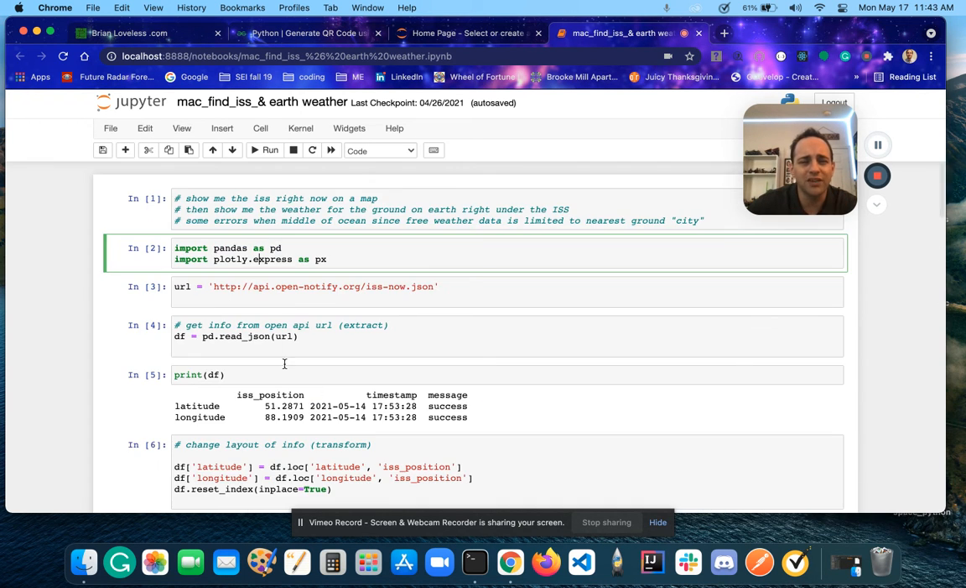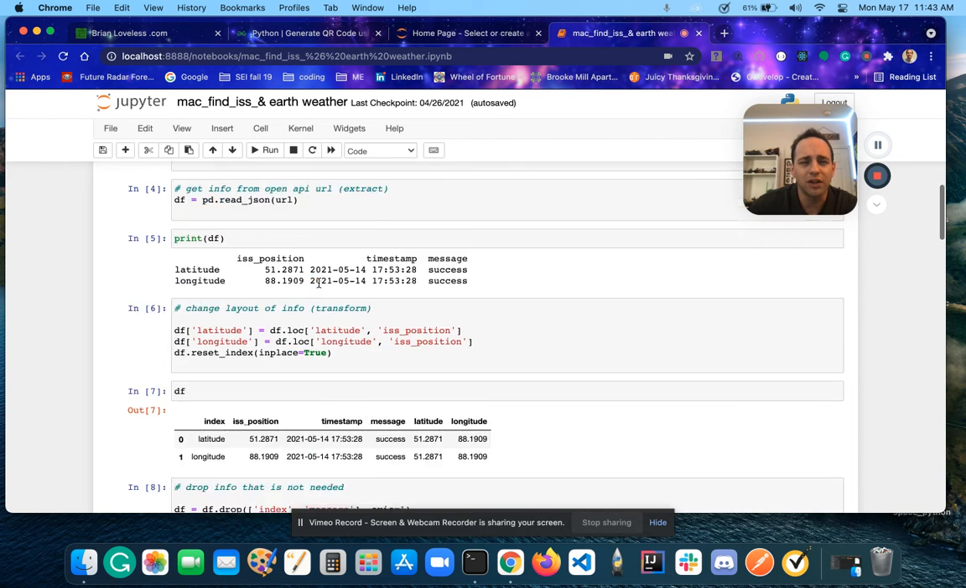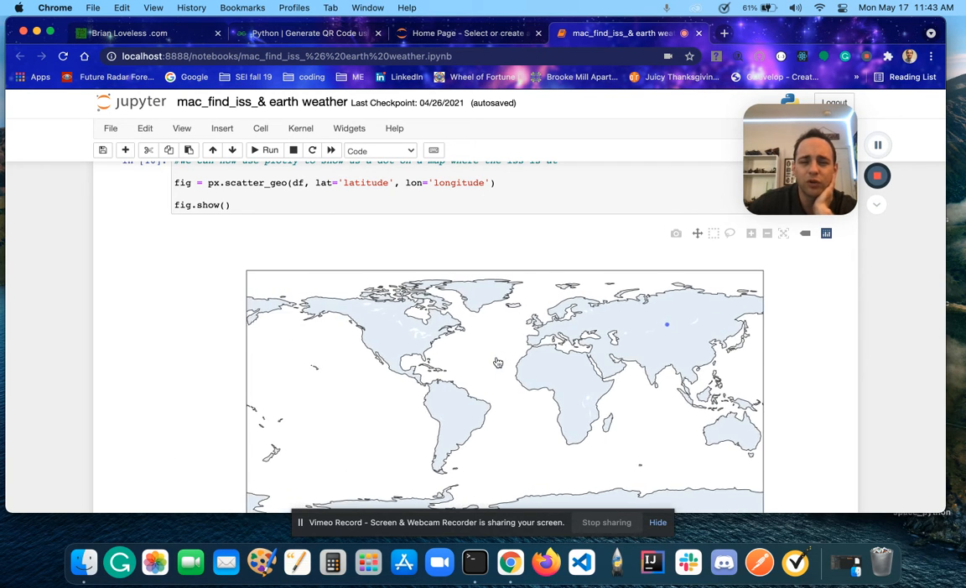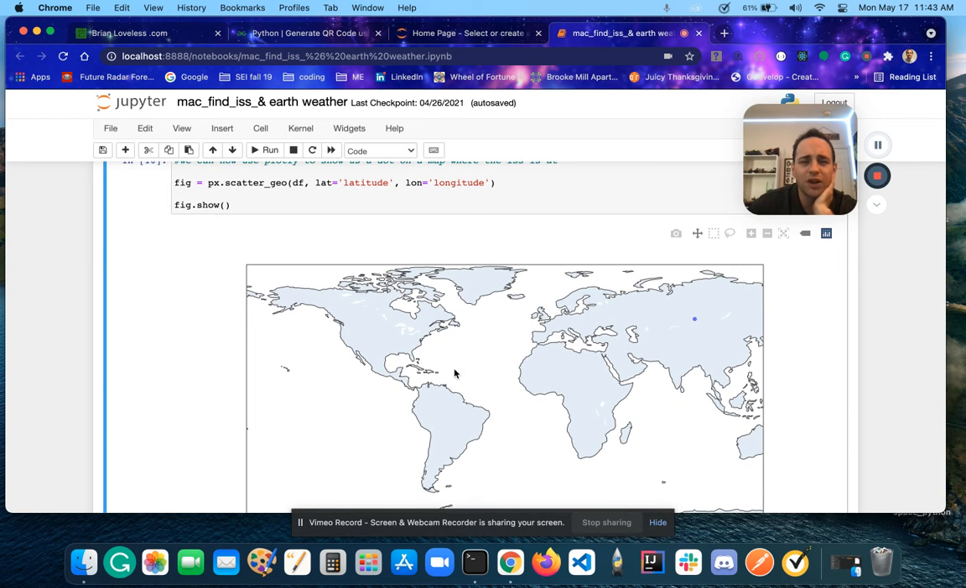So fig is going to be our new px.scatter here. That's the Plotly Express, and geodiff, the latitude and longitude. So that gives us this cool map. You can scroll, you can zoom in and out. That is built in to this function. So when we show the figure, we can see that blue dot is representative of where the International Space Station